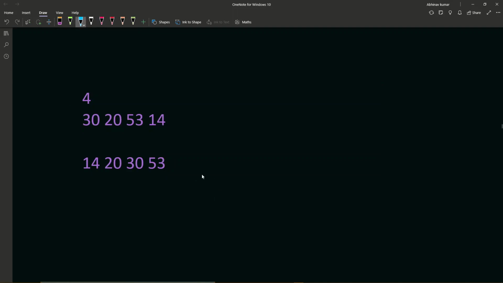After this, what we are going to do is first sort this array, and then iterate over this array from 1 till n. First we will go over 14. Suppose we choose 14 as the price of this app, then we choose 20 as our price, then 30, then 53.